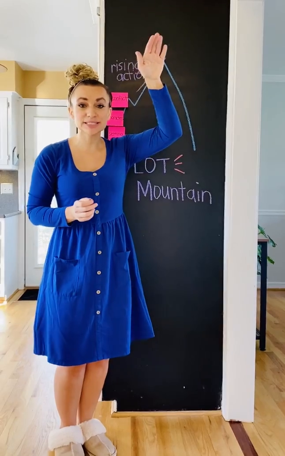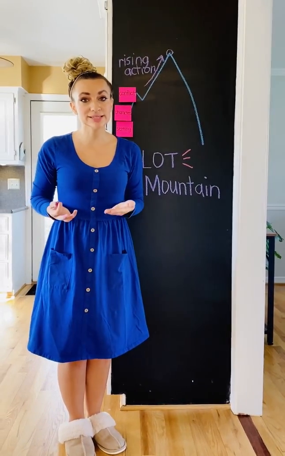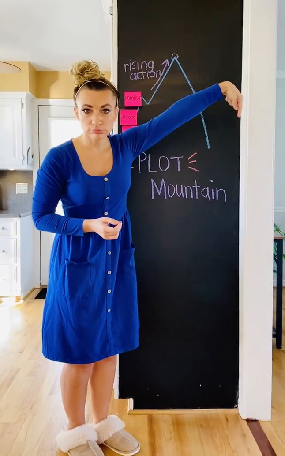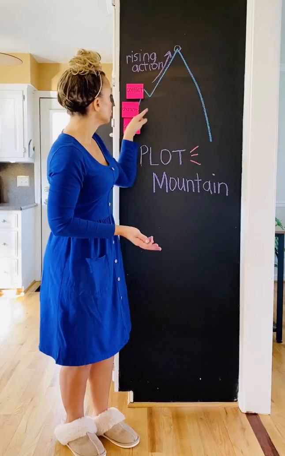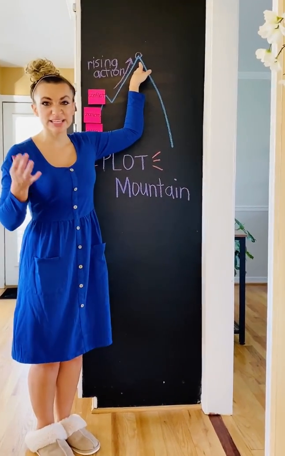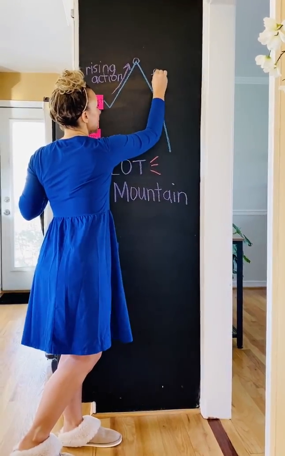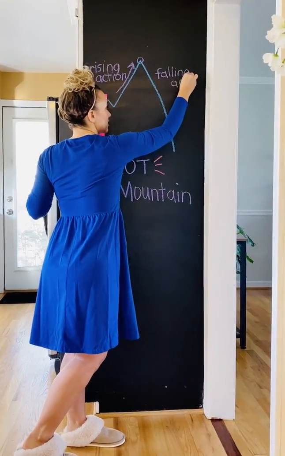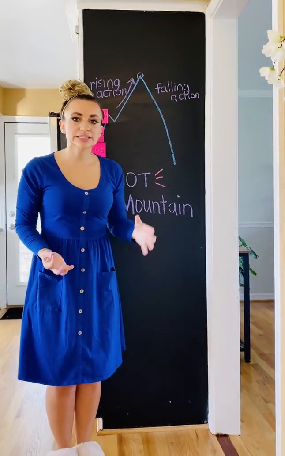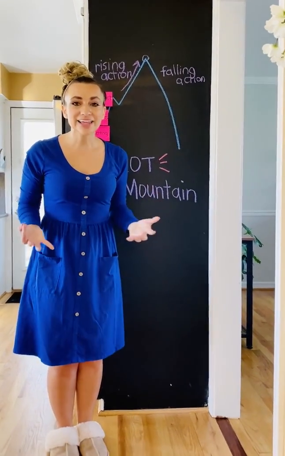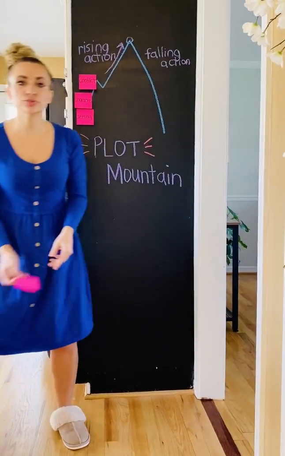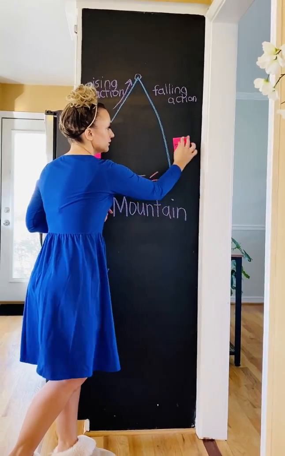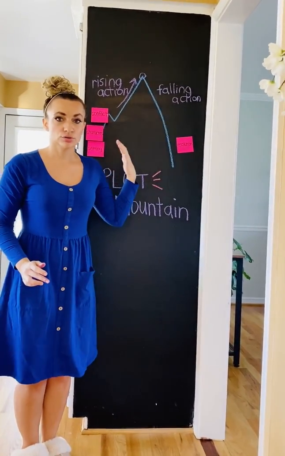Once you've reached the tip top, there's only one place to go, and that's down. After we've risen up, what do we have to do now? We fall back down. So after the conflict has reached its peak, we have falling action in our story, where the action starts to fall back down. It's easing up a little bit. Finally, the characters are able to reach the resolution of their problem. Resolution comes at the end. This is when the conflict has been solved.